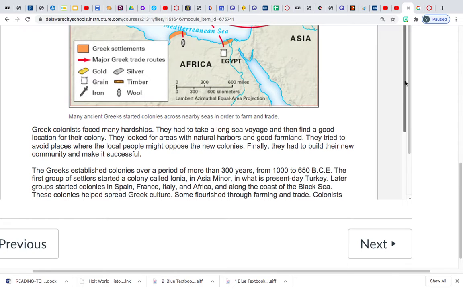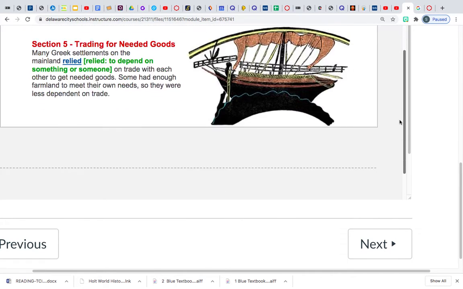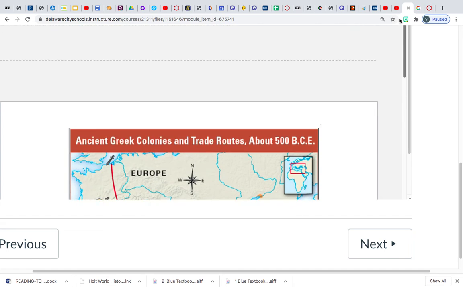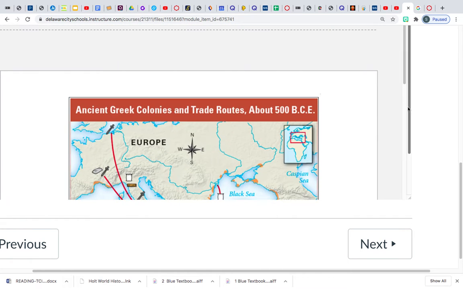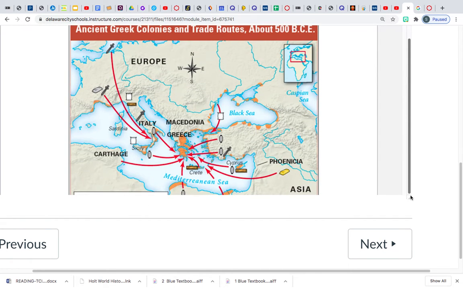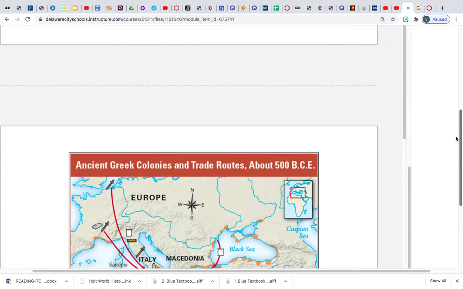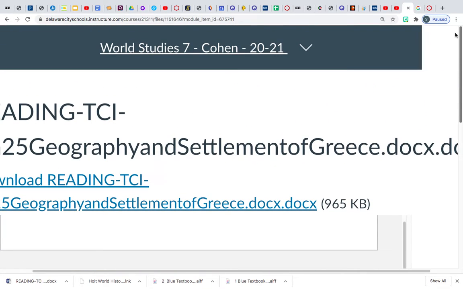I don't believe I'm going to give you the assessment on Wednesday. I'm going to give it to you later. I want to go over some more information. So look for reasons in this reading for why the ancient Greeks would have decided to establish colonies outside of mainland Greece.